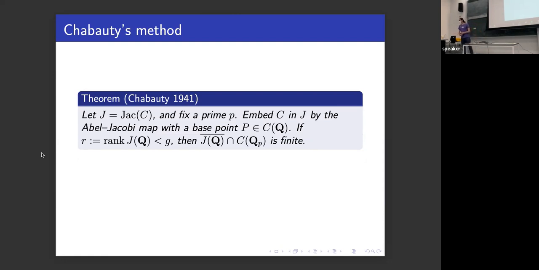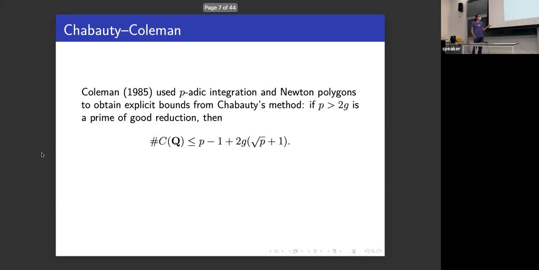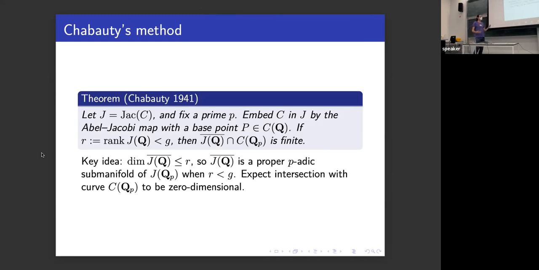And the content of it is, if you embed a curve in its Jacobian using the Abel-Jacobi map at some rational base point, and if the rank of the Jacobian is less than the genus, then the closure of the rational points in the Jacobian is some proper p-adic submanifold of the p-adic points of the Jacobian. And so then you intuitively expect that if you're taking some proper p-adic submanifold and intersecting it with a curve, well, generically you'd expect this to be zero-dimensional, right? And Chabauty's proof essentially shows that yes, indeed, this is the case. When rank is less than genus, the intersection with the p-adic points of the curve is zero-dimensional and therefore finite